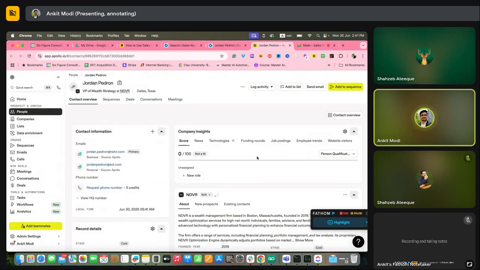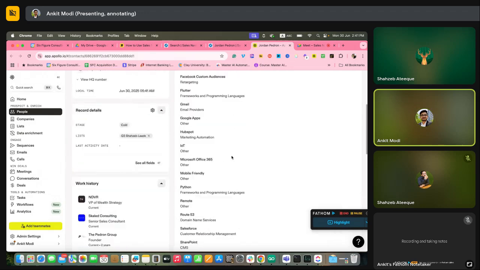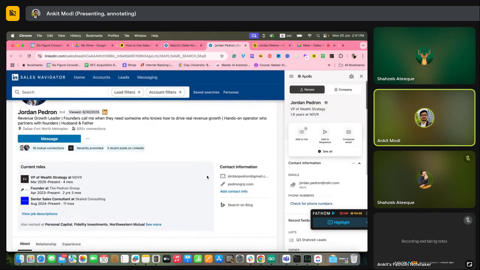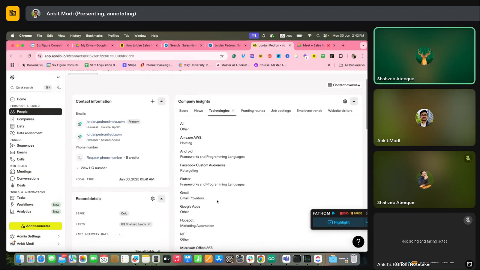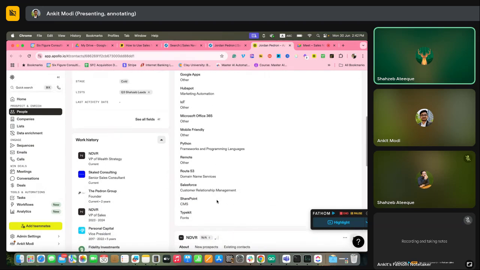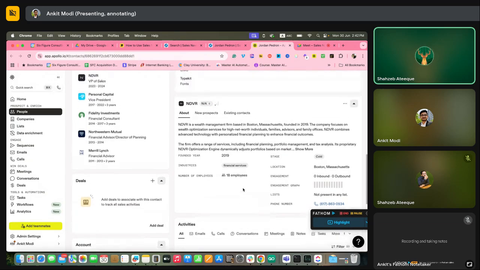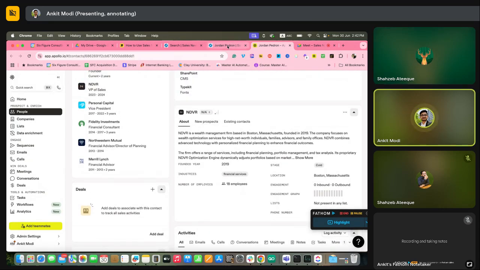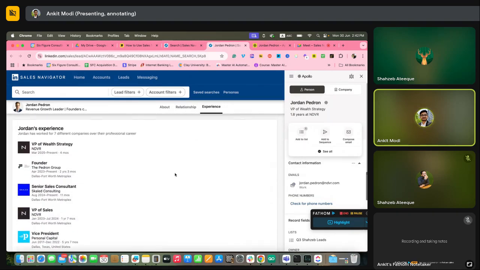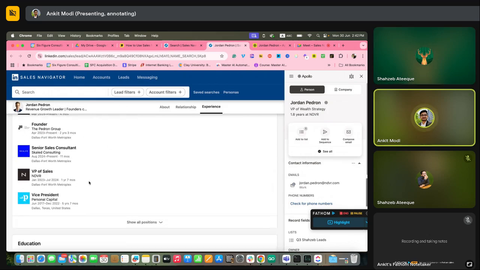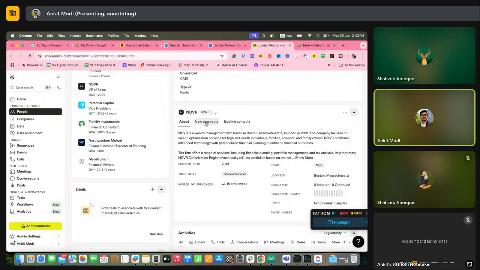And this page is specific to this guy. What kind of technologies are they using? This information is not on LinkedIn. On LinkedIn, there's no technology information, but on Apollo there is. It's too deep, bro. The things that Apollo is showing are very deeply researched. The company information is all on one page, but on SalesNav it's not. This is brief information, but over here, if you see,